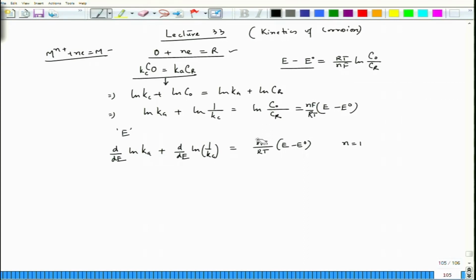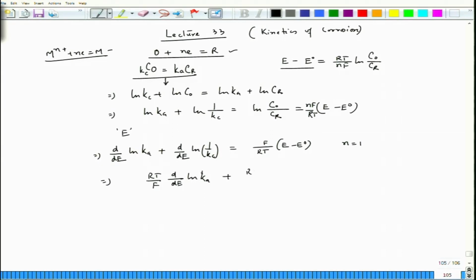So then this n goes to 1, and we can write RT by F d by dE ln K_A